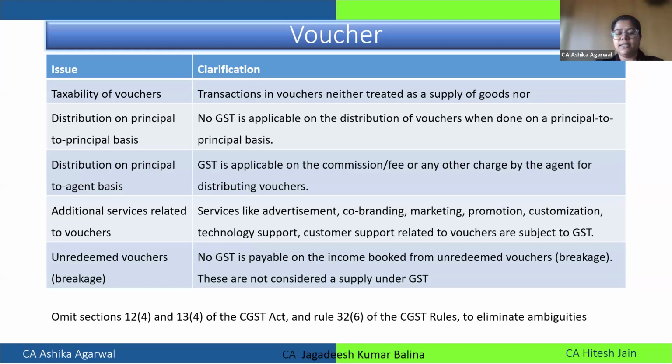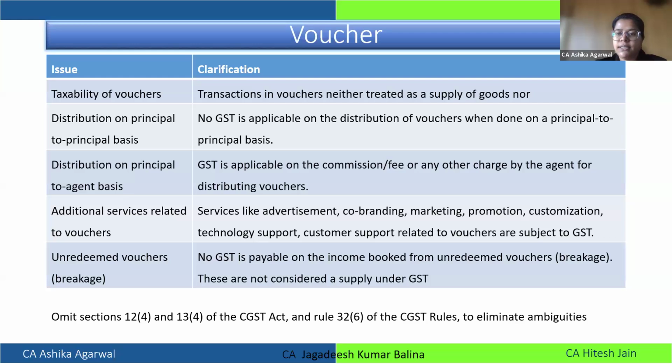It is an exchange. It's the money value which we exchange with what we are purchasing, and to the amount of the voucher we get a reduction in the price. So there was a dispute on the taxability. Now they have come up with a clarification, and the first thing they have clarified is that it is in the nature of a transaction in money, and therefore it will neither be a supply of goods nor a supply of service. Thereby they said there will be no taxability on vouchers.